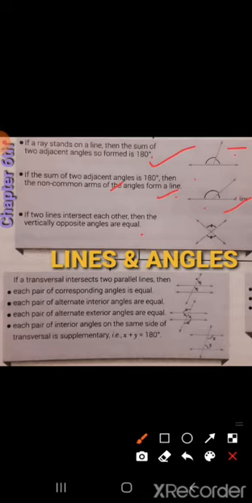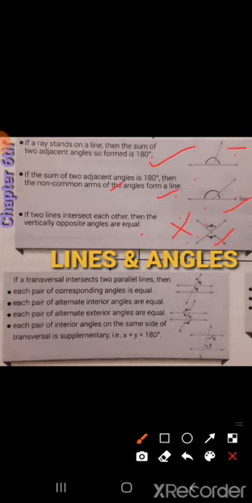Look at here in a cross manner. In cross manner, these two angles, right? These two angles are called vertically opposite angles and they are always equal, right? Here on this side, top to down, and from right to left also. If you're talking about right to left, they are also taken as vertically opposite angles and their measurement will always be equal.